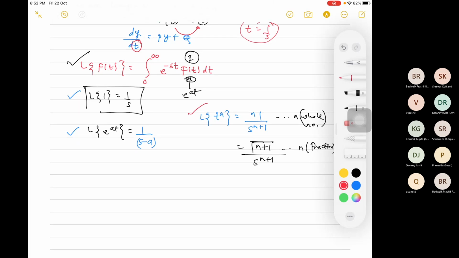So this was important. Then sin at, you know, it is a divided by s square plus a square. And what is cos at? It is s divided by s square plus a square. So this is the formula for the Laplace of cos at, and this is also the Laplace of sin at. Both done, right? So in sin you will always find a constant at the top, and in cos you will find s at the top. So whenever you get a constant at the top, you convert that as sin, and whenever there is an s, that is frequency, you will convert into cos. So this is just a shortcut to remember.